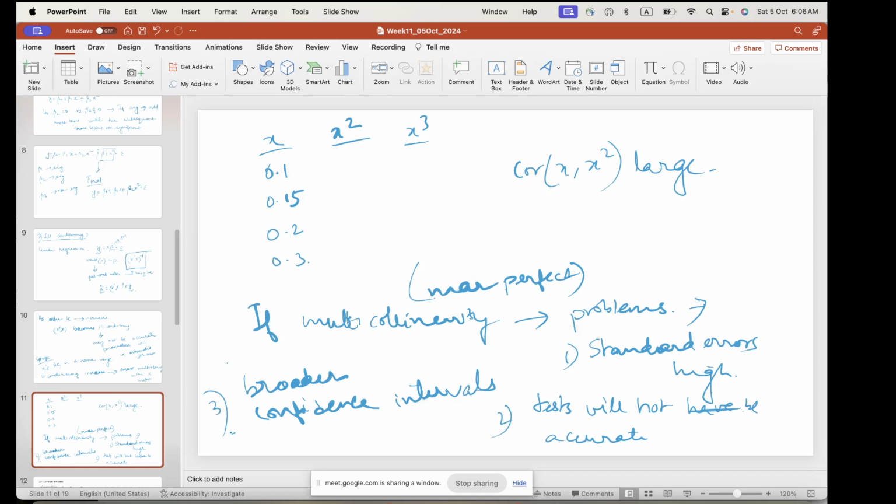So the ideal situation is not to have multicollinearity in the data. Okay, so this can happen if we take too high an order. So this is also another logic why we should constrain the order and keep it as low as possible. Okay,